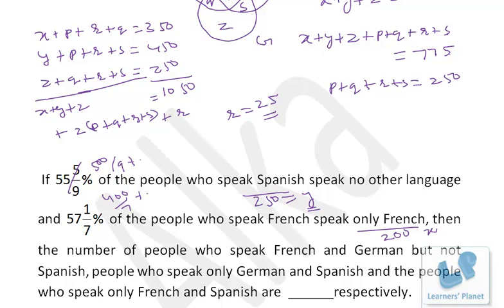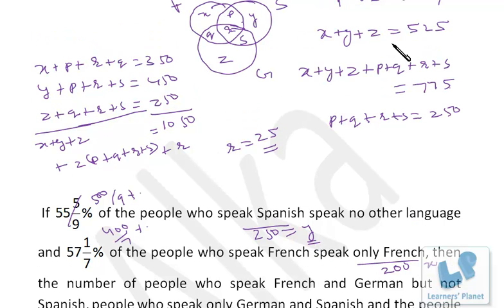Okay, and we have got the value of Y, we have got the value of X, and X plus Y plus Z we already know, that's 525. So it's 450, that means Z must be 75, right? Now XYZ we have got, if I put the value of XYZ over here in these equations, I'll be getting